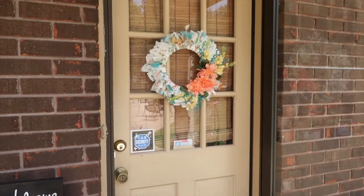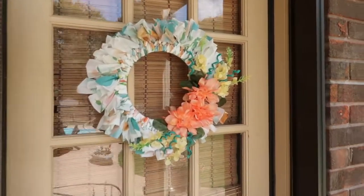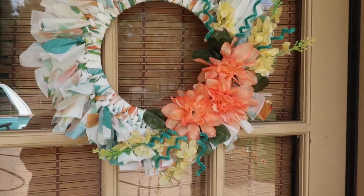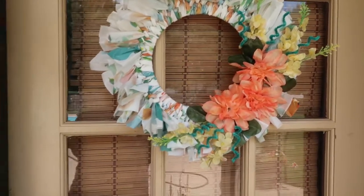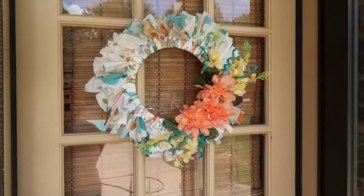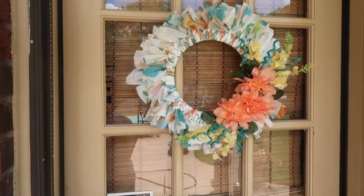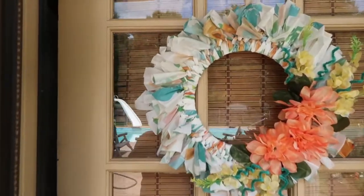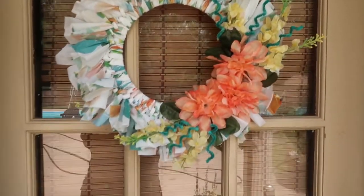Okay friends, here's my little flannel tablecloth wreath. Just love the look of it. I wouldn't have normally picked peachy yellow and turquoise, but I just love that color combination. It is such a refreshing change from red, white, and blue. It looks so summery. I'm gonna really enjoy this on my back door. So I hope you'll take this idea and go find the flannel back tablecloths, and for just a few dollars you can make